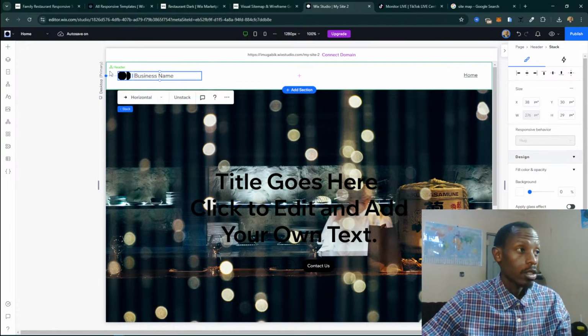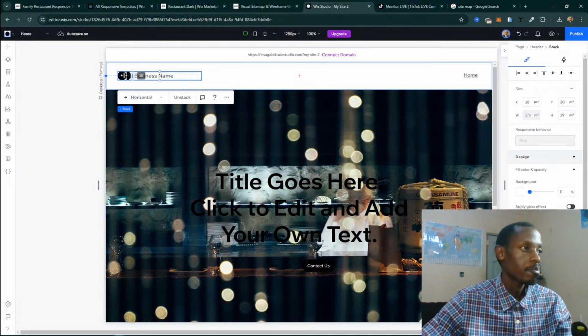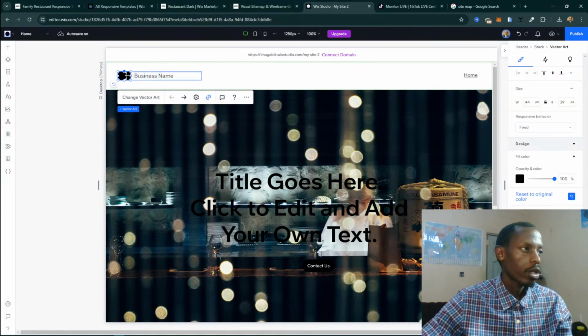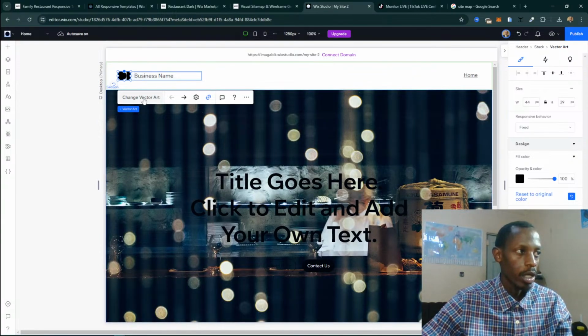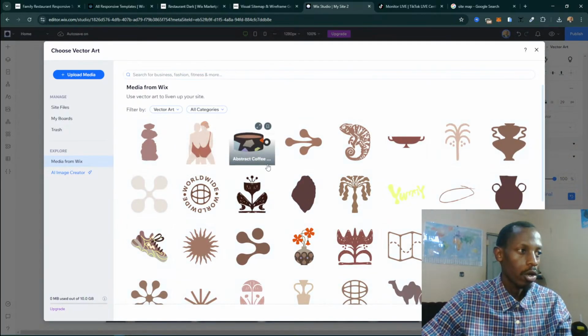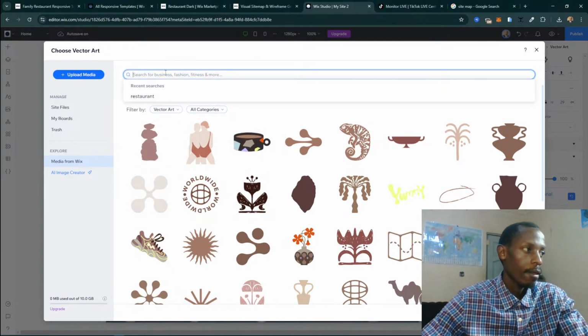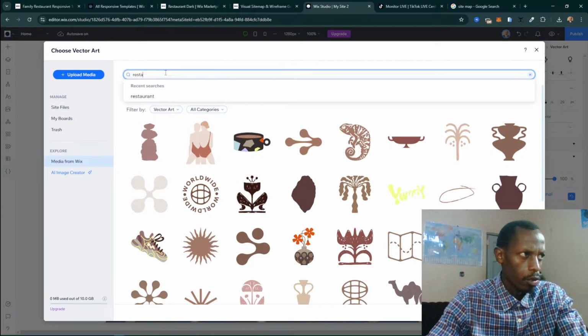So the thing is, if you notice right now we have a stack. This stack is like a group. So the group includes this logo and the text. If you click on the stack and also click on the item within the stack, in this case it is vector art. The vector art can be changed by clicking on change vector art, and then you can place your own logo if it's a vector, but if it's an image you have to upload it separately. So if you search for restaurant,